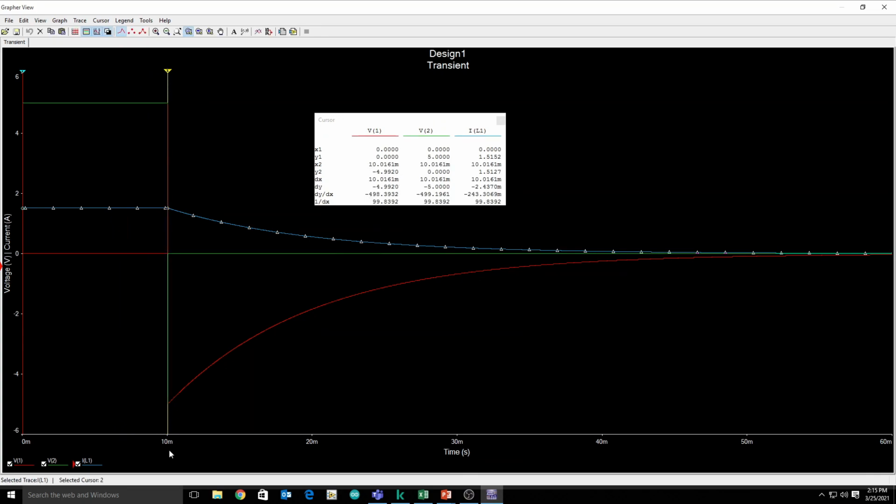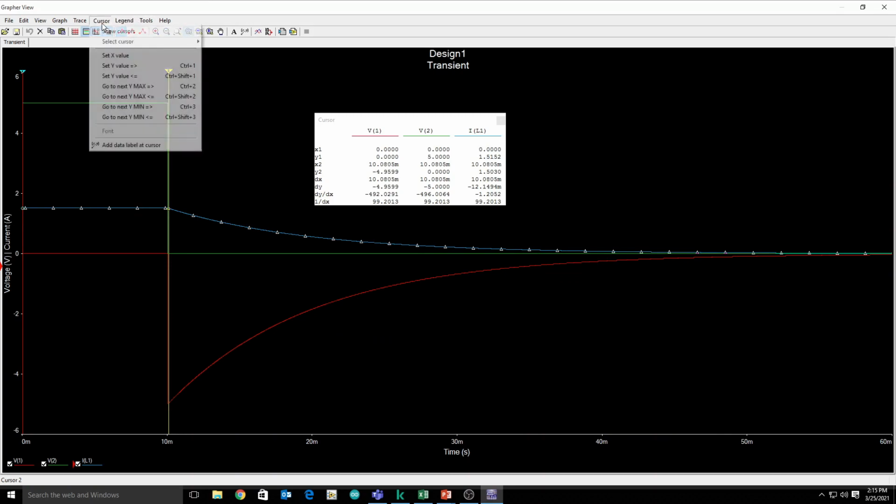Consider this as 0 milliseconds because our input source voltage is becoming 0 at this point. So this point is considered 0 milliseconds. You can also select cursor values from here.